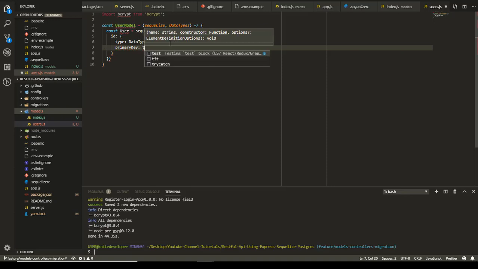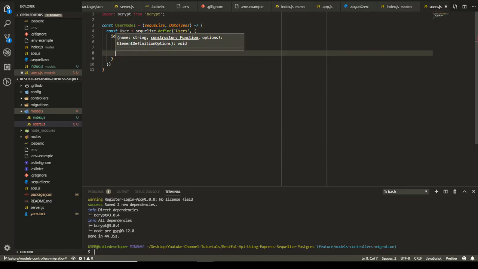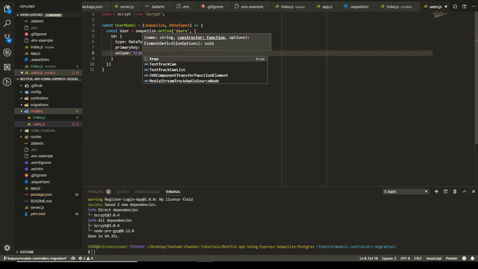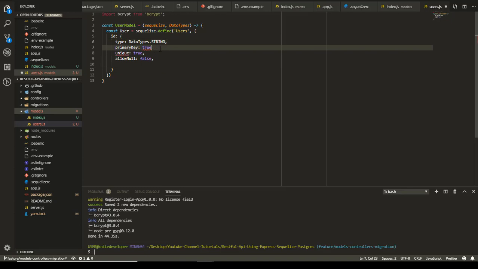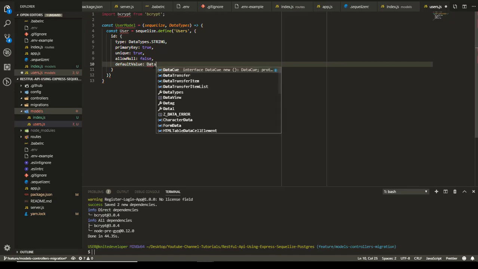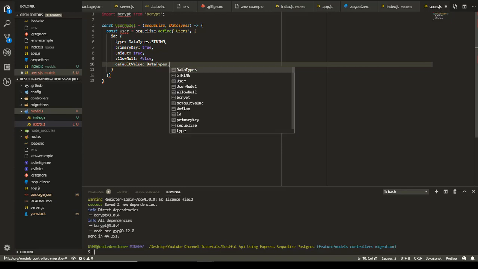Will it be a primary key? Yes, I want it to be a primary key. Then do you want it to have a unique value? Yes, we do. Then do you want to allow null? That means they want a null value to be created. Just false. What about our default value of the data type dot? Okay, now I want my ID to be created